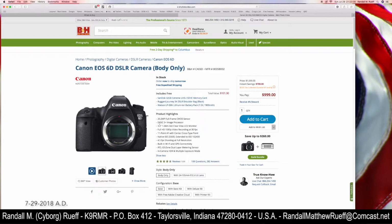So let's go over it quick. 20.2 megapixels, Digic 5, a single image processor, 3.8-inch screen on the back, full HD recording at 30 frames. Okay, 11-point autofocus. I'll have to look at what my old camera has. I think it's 9. I'm not sure, to be honest with you. I don't remember. Native ISO 25 expanded to